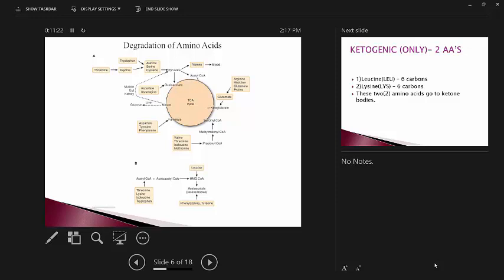Here, the next number up is effectively aspartate and asparagine, and they're C4. They're going to go to oxaloacetate, which is also C4. That's coming down here. Then glutamate is 5. Glutamine and proline are 5, and these two, arginine and histidine, are 6 carbons each. So the 5s and 6s go to glutamate. Making sense? Okay, so that's easy.